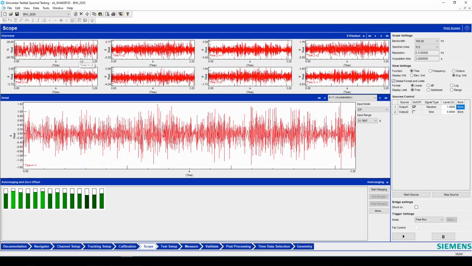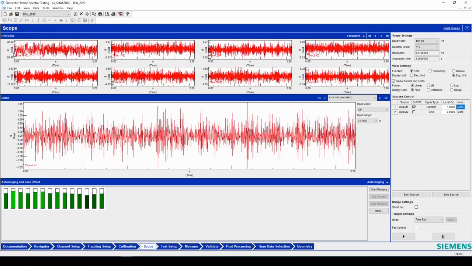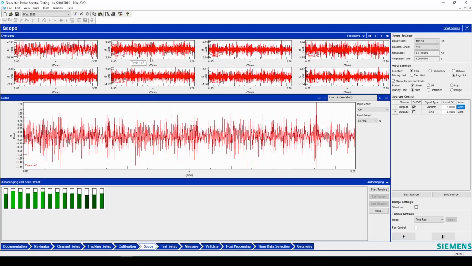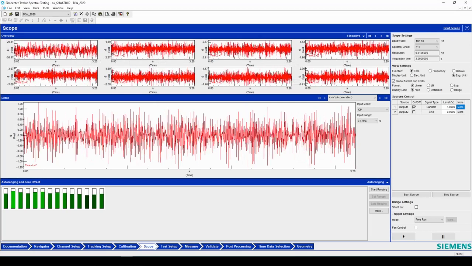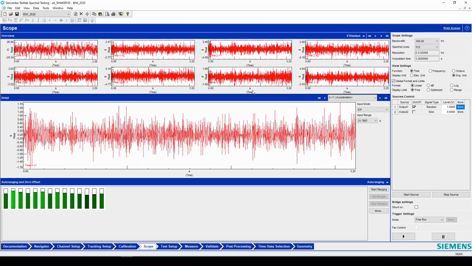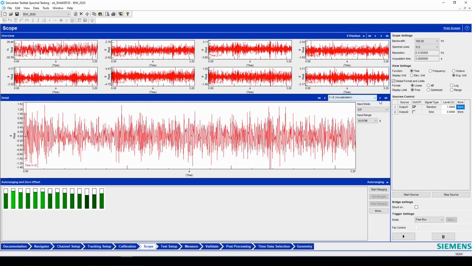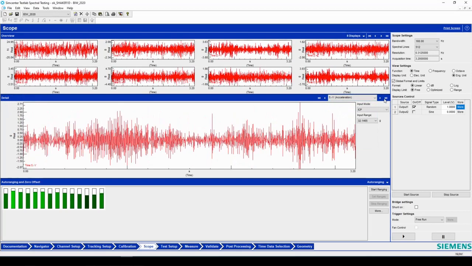This is the input force, so in Newton, and this is the acceleration in G, and these are all the other accelerometers. Here in the detail panel you can see all the input, all the channels in detail. So if I scroll, okay,